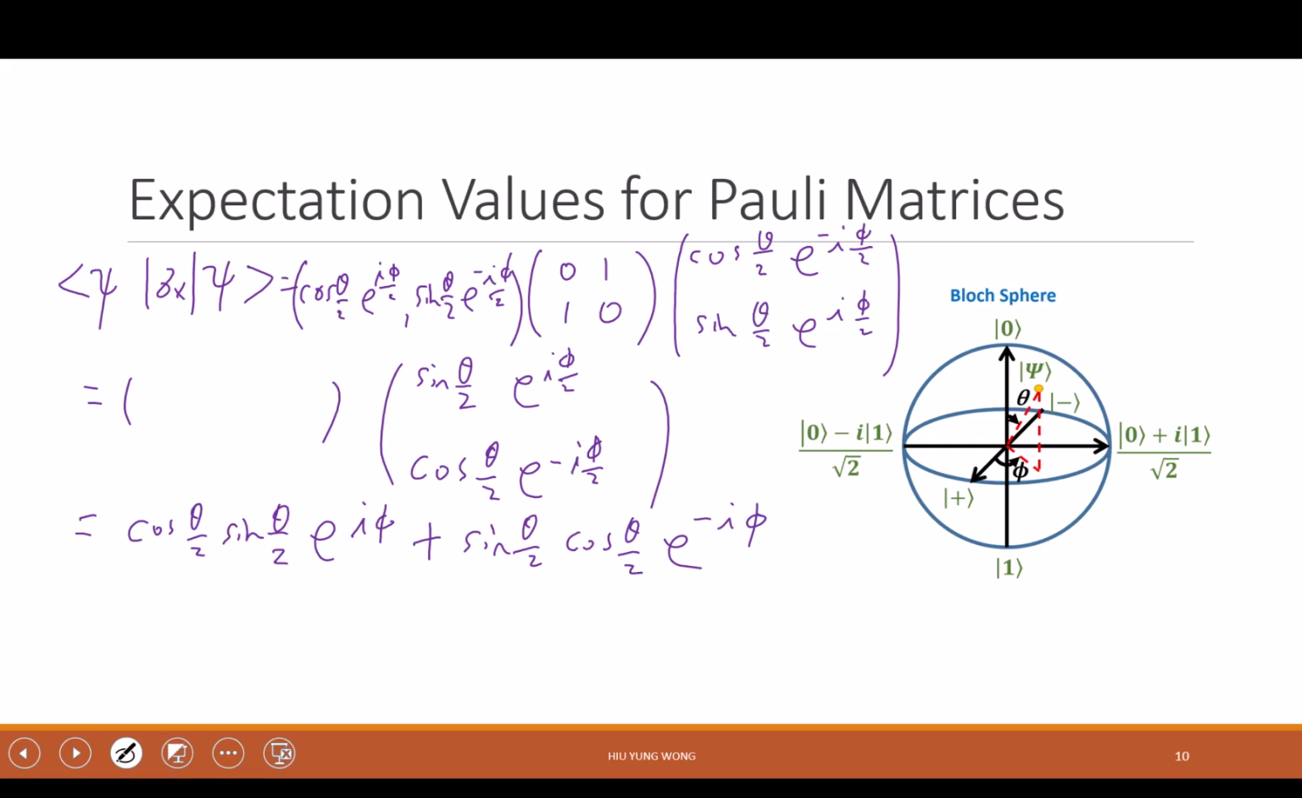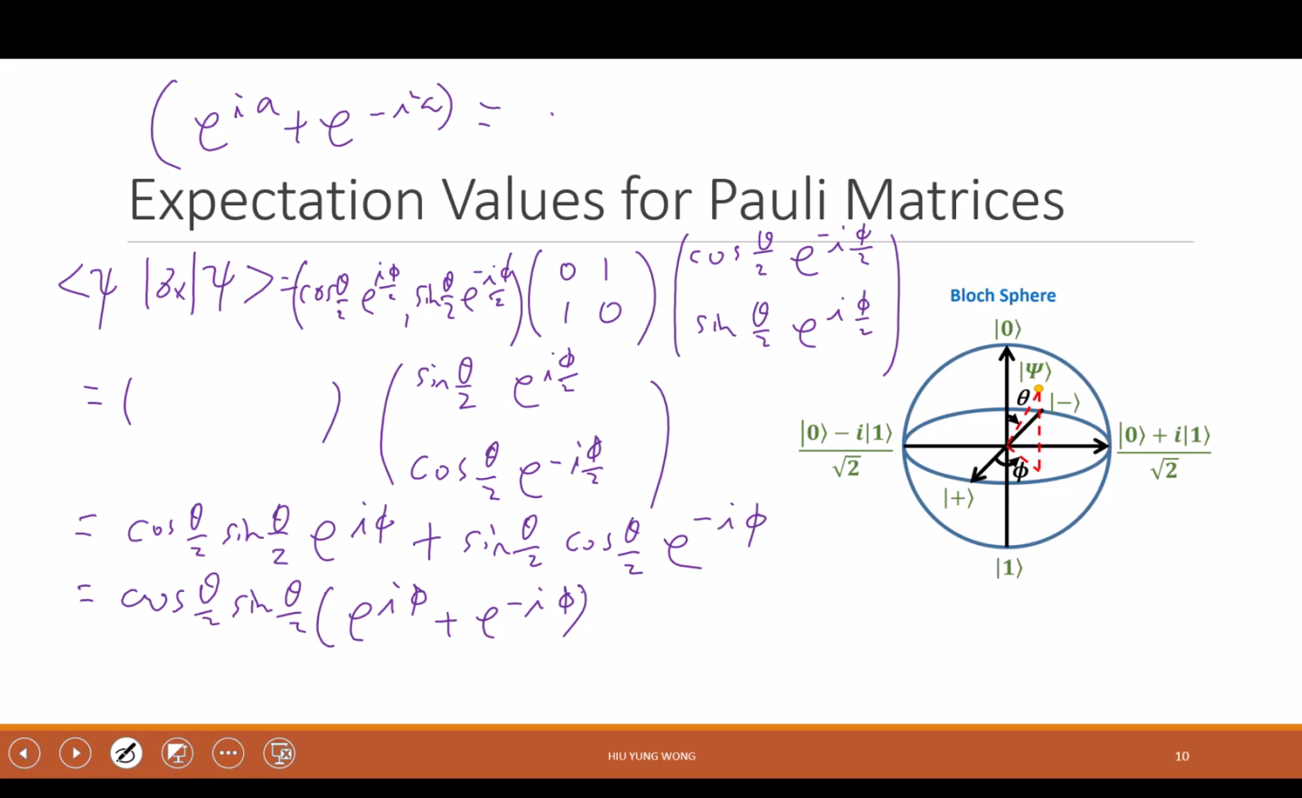But I can factorize it, right? This is equal to cosine theta divided by 2, sine theta divided by 2, times e to the power i phi plus e to the power negative i phi, right? What is this, the term in the parenthesis? e to the power of something plus e to the power negative something, it becomes 2 times cosine phi. For those who cannot see it, look at this: e to the power iA plus e to the power negative iA